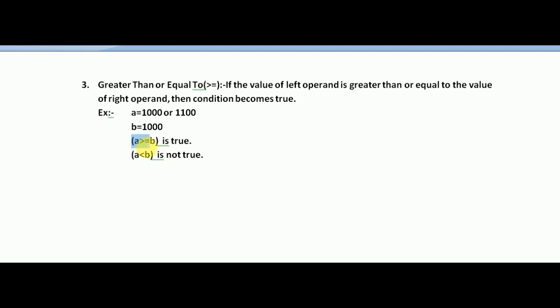So if we apply this condition, a is greater than or equal to b, then the condition is satisfied and it will display true. In this, a is less than b means a has a lesser value than b. That is not true. It will produce false.